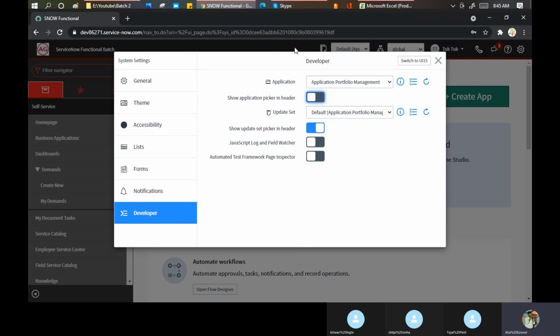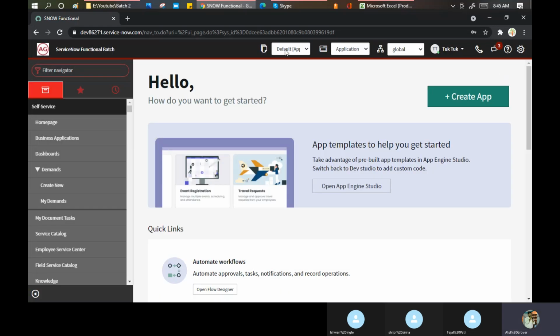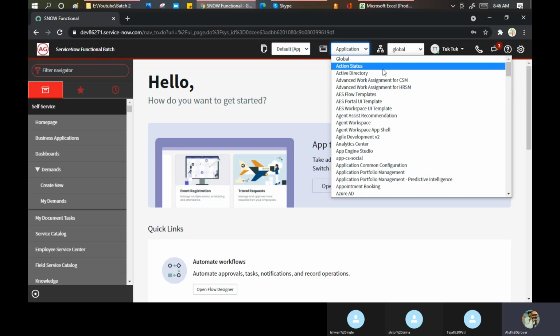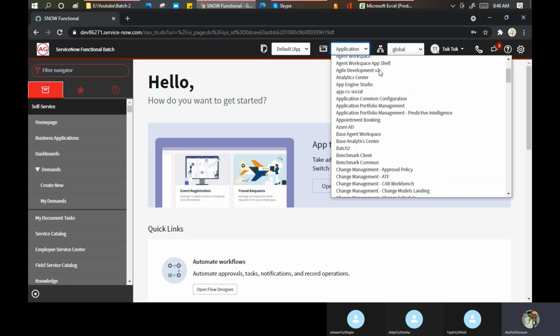See, this one is gone, right? It is the same as what we have done for update sets as well. As of now, if you can see, ServiceNow gives me a lot of applications. Sorry, this one is the scoping part. Yes, so this is my scoping part.